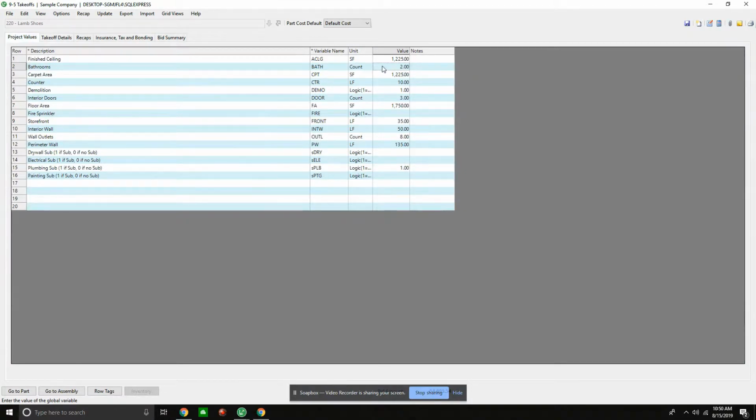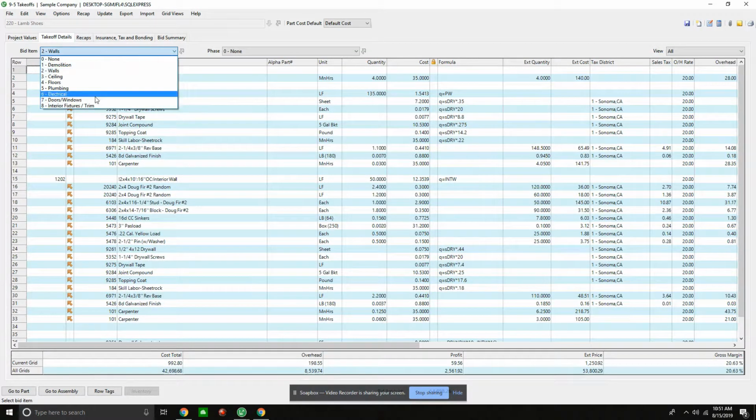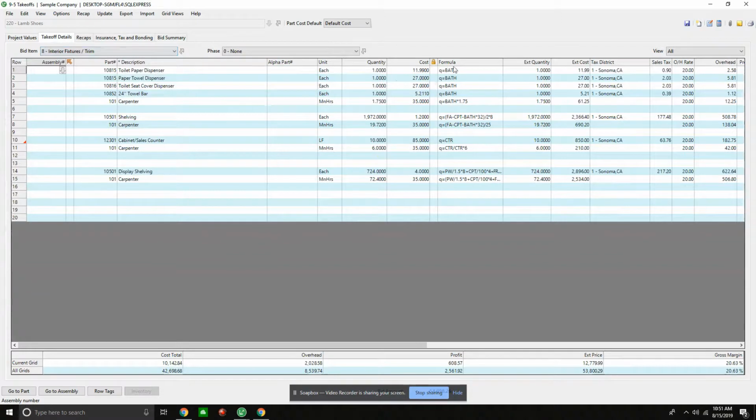So in this case, if I want to change it, let's make it 1 over here. And I calculate. Now, when I go back over to my takeoff details, go to my bath, now I see the value of 1. So we can use those variables as a way of tracking information as far as our formulas, as far as our units of measure within the estimating solution.